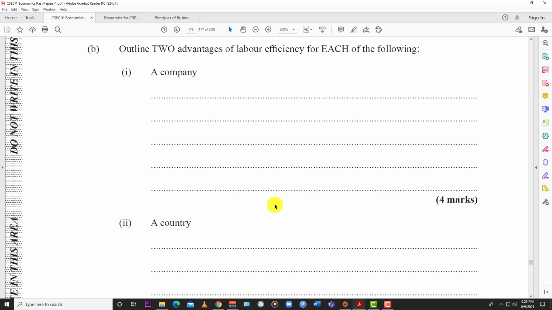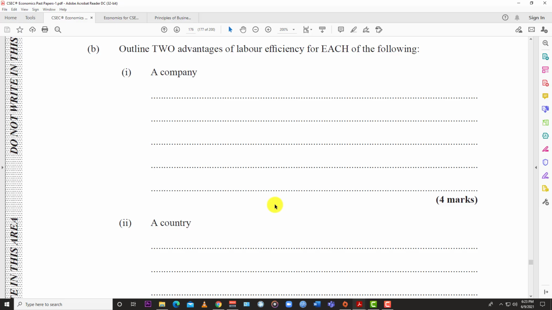Another advantage of an efficient labor force is that you're going to utilize the resources in a much better manner. I mean, the very word efficiency means that you're not wasting anything. You're using everything for what it's needed for, to produce the goods. And so you are going to fully optimize your resources. Nobody's going to be wasting a lot of resources. You don't look at the cutting floor and see a lot of wastage material. No. Every scrap is being used for what it's supposed to be used for, to help you make some money.